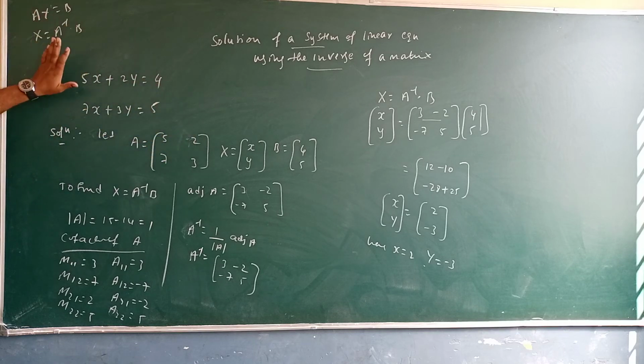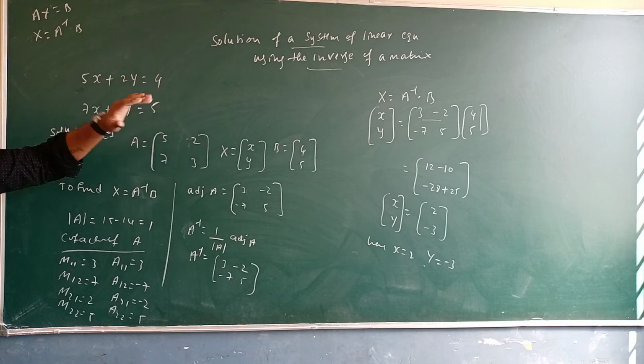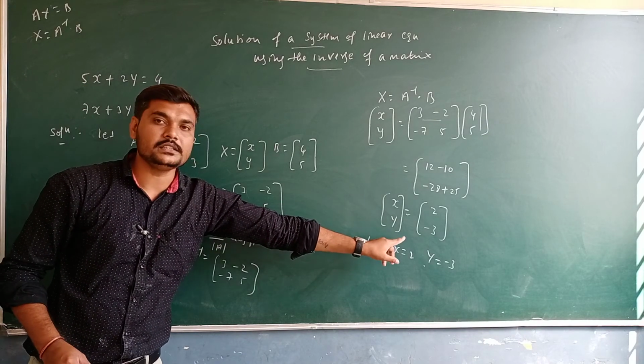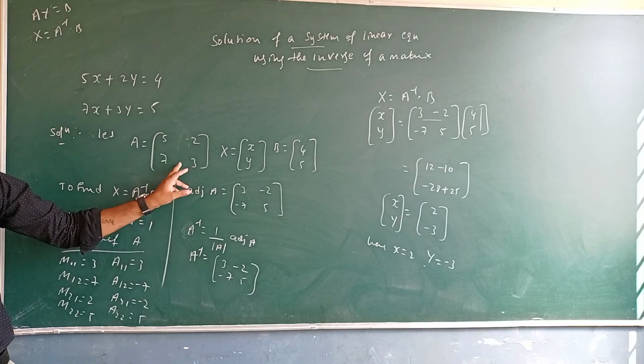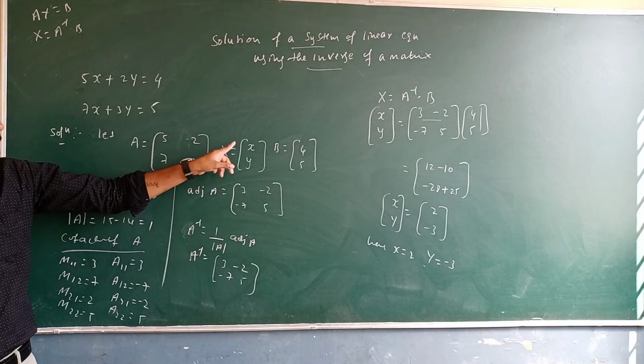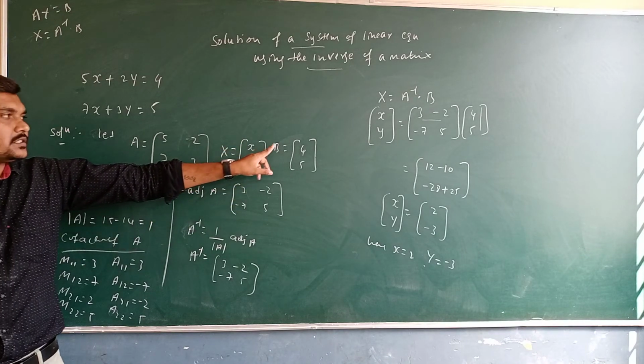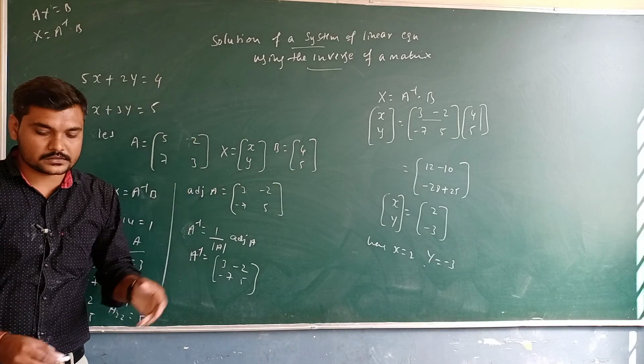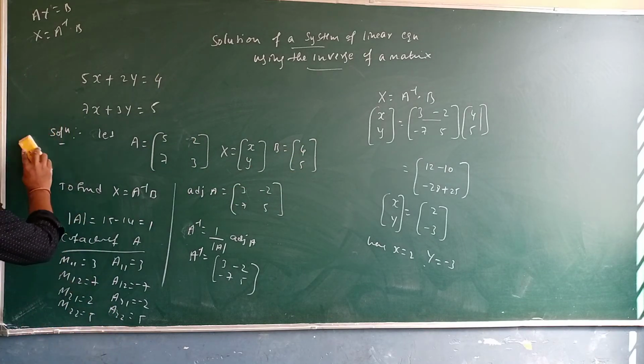So this is the order containing 2 cross 2. Suppose we need to find the 3 cross 3, then we are getting another element x, y, z. So here the order we get is 3 cross 3. Here we get x, y, z. So here in b, we get c1, c2, c3. Okay? So just pause the video and try this one.